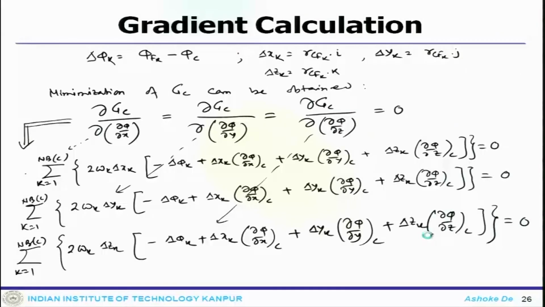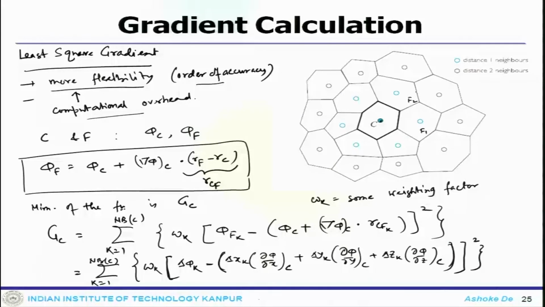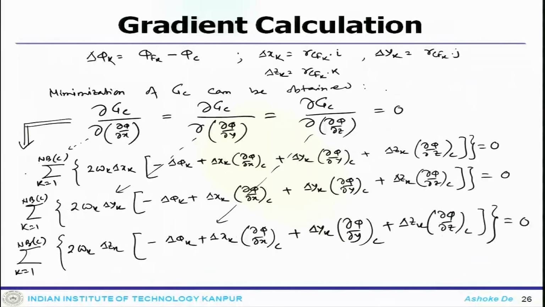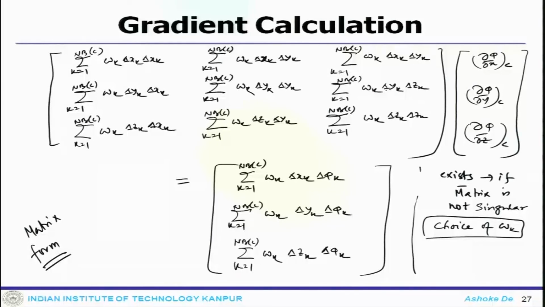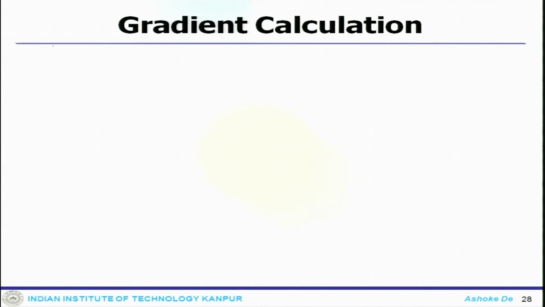If you go back to this cell, since it is taking the neighboring cells' information, for certain values of Wk the farthest cell may have a lot of influence on this approximation, and that can lead to some sort of error. Alternatively, one can have some alternative choice for Wk.